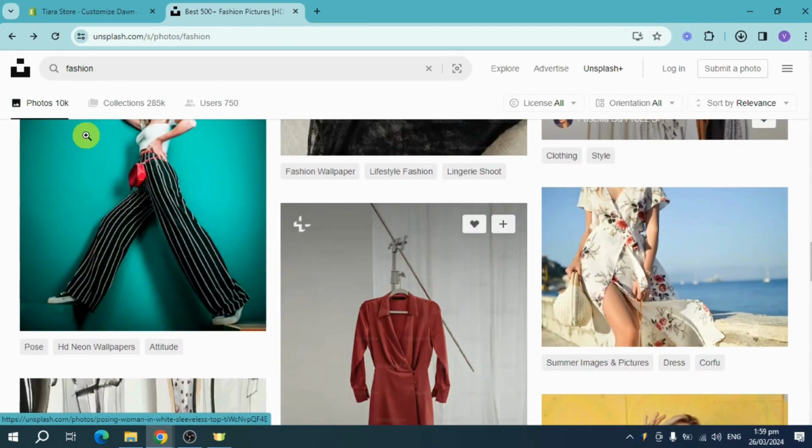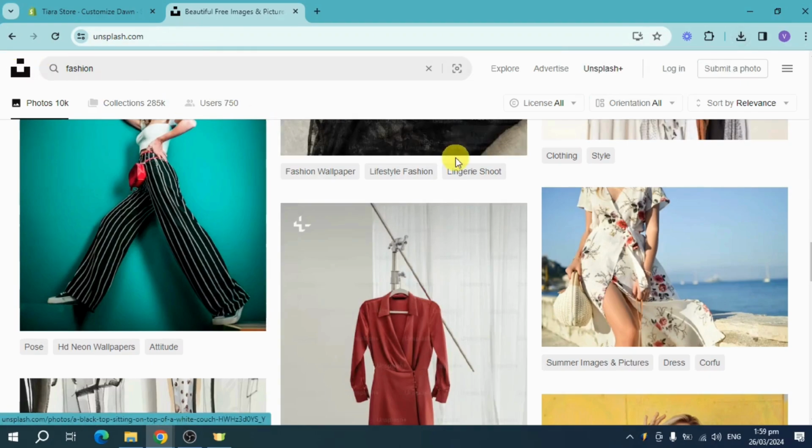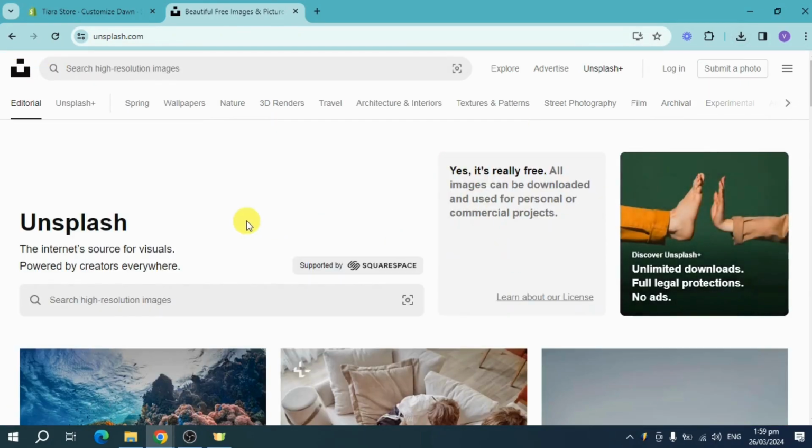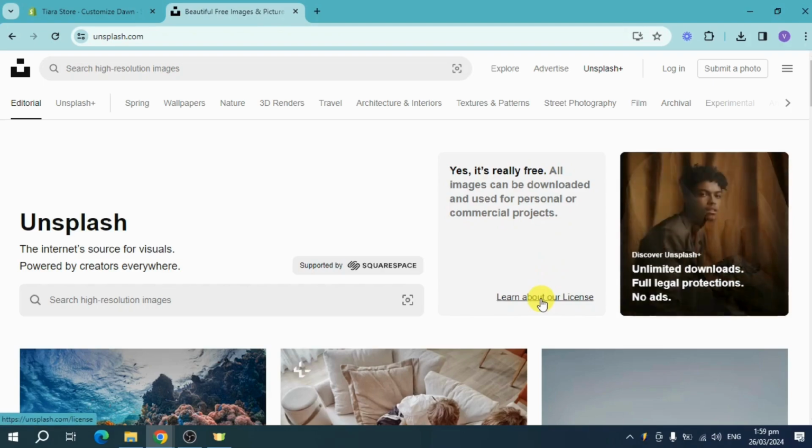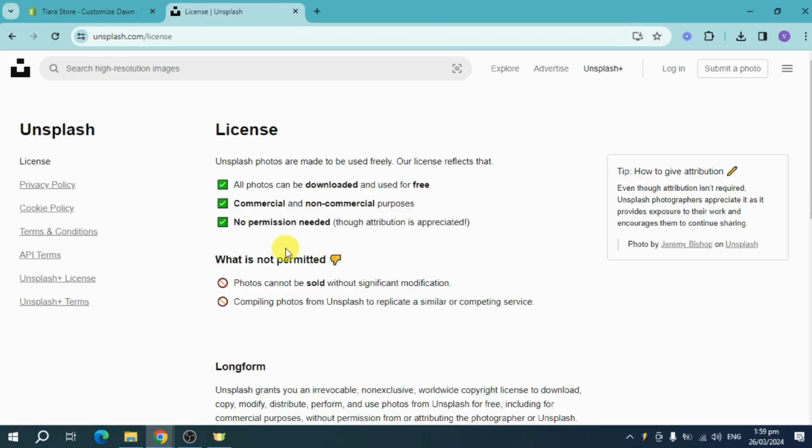When you head over to the actual unsplash.com, you should be able to see their license. As you can see, yes, it's really free. All images can be downloaded and used for personal or commercial projects. You can learn more about their license when you click on this. All photos can be downloaded and used for free, for commercial and non-commercial purposes, and no permission is needed. What is not permitted is selling the photos, and you cannot compile photos from Unsplash to replicate a